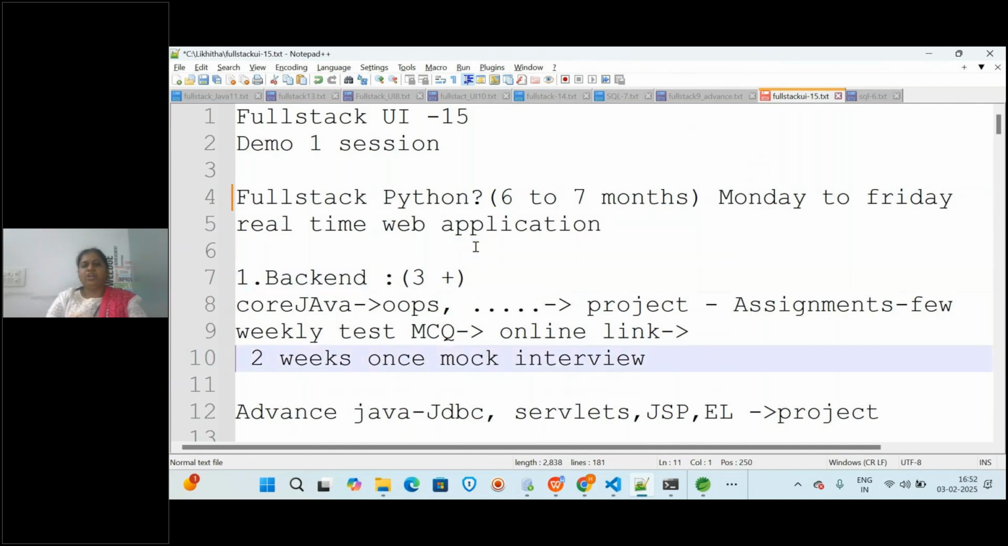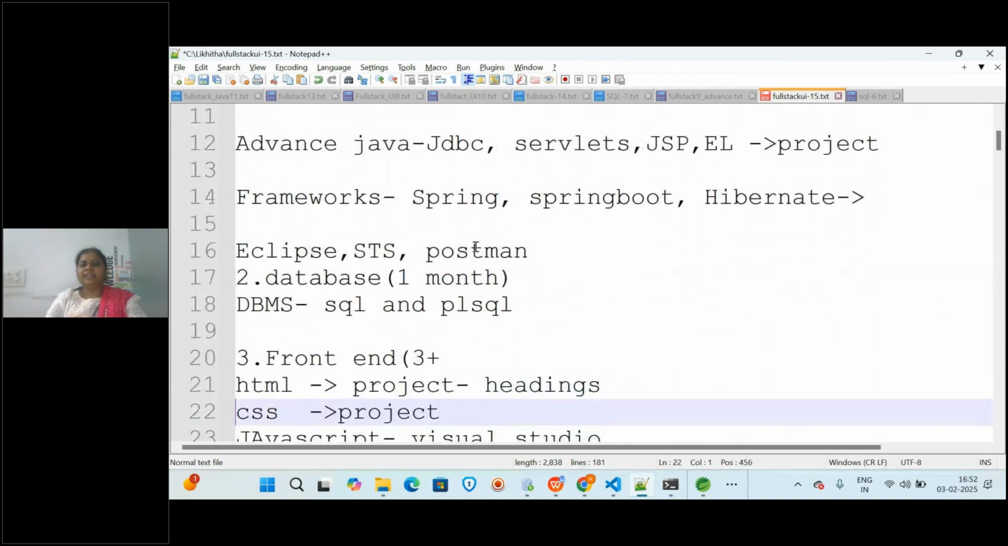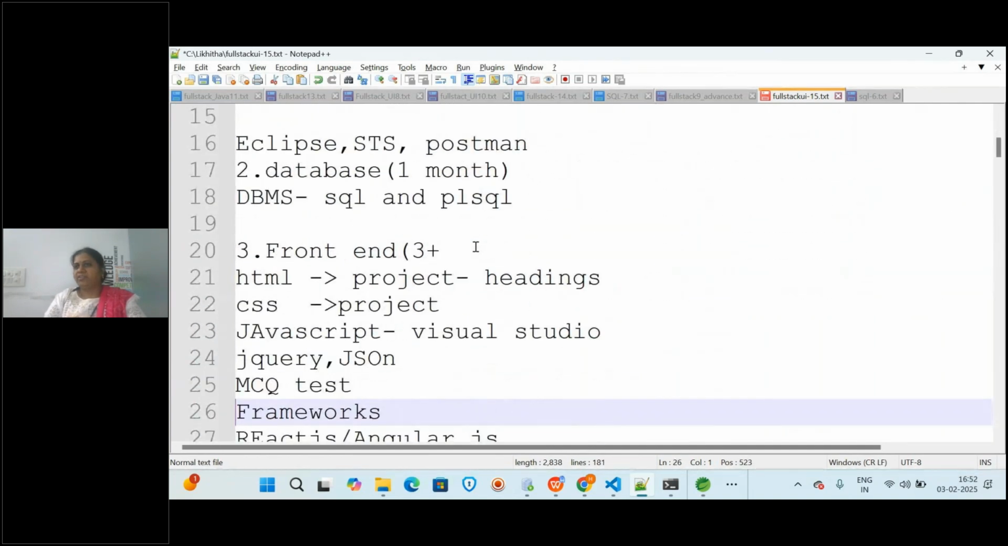In Python, you will be learning core Python, advanced Python, and also the framework Django you will be